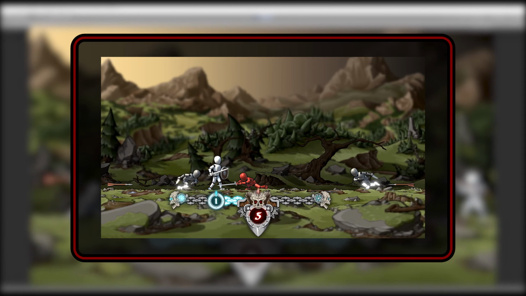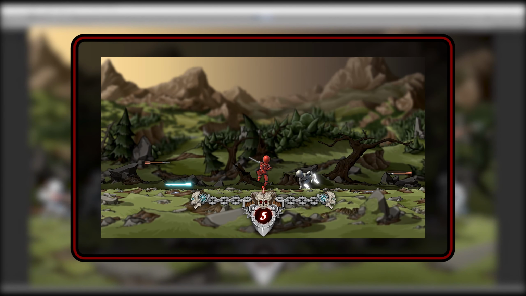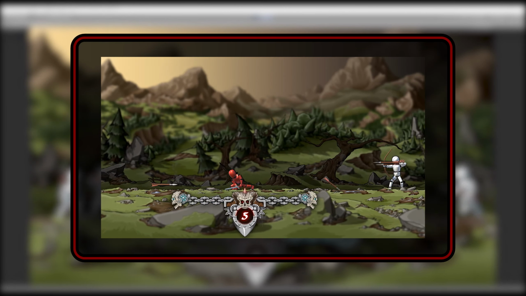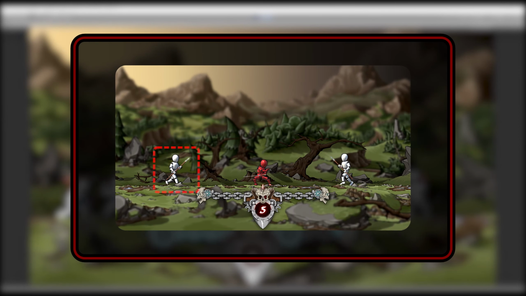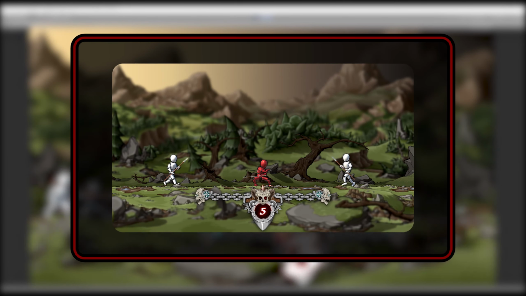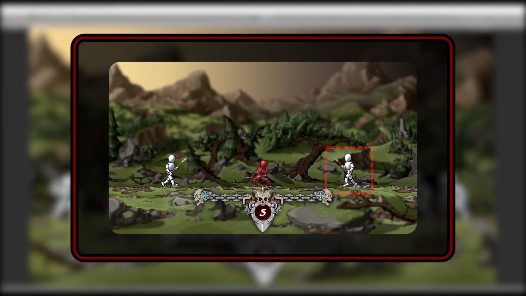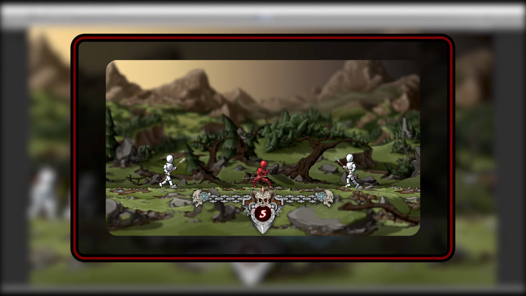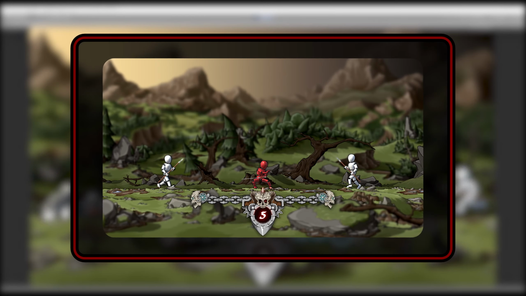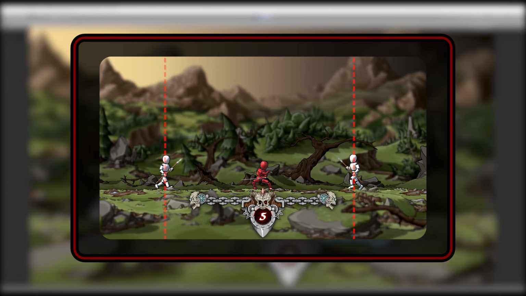In HEUSS, enemy horizontal scaling changes depending on which side of the battlefield they're on. If they reside on the left, the scale on the x-axis is positive. If they reside on the right, the scale on the x-axis is negative. By changing the scale like this, we can mirror all of their animations and behaviors so that they always face